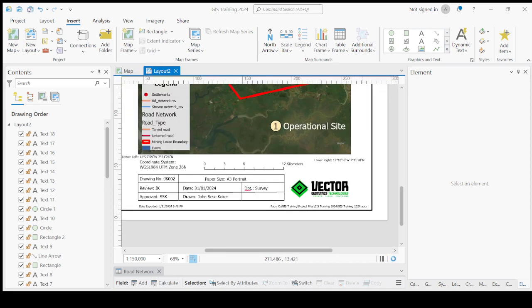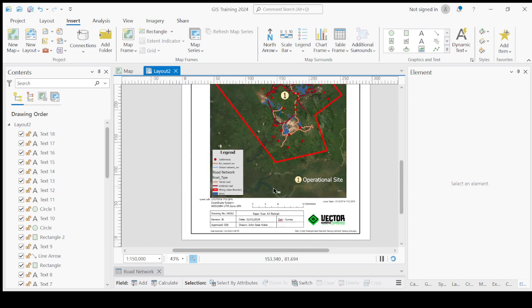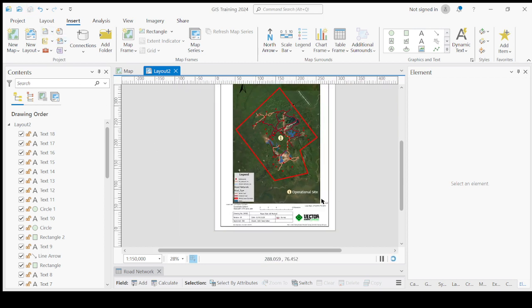All right, so let's export our map, guys. I want you guys to export this map. Now, how to export? I'm going to